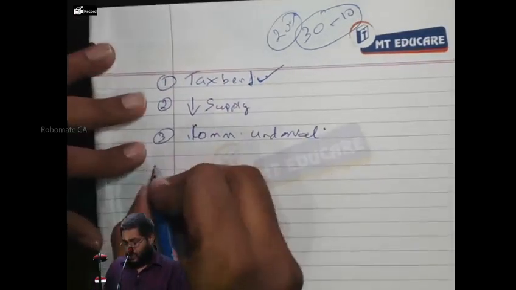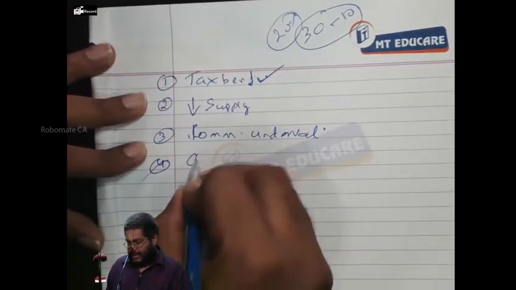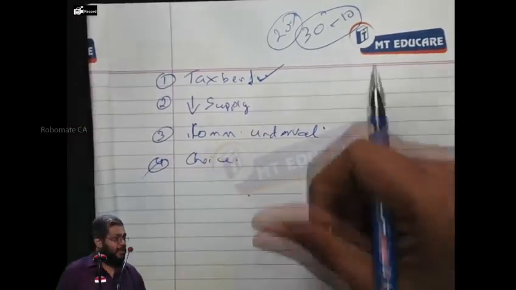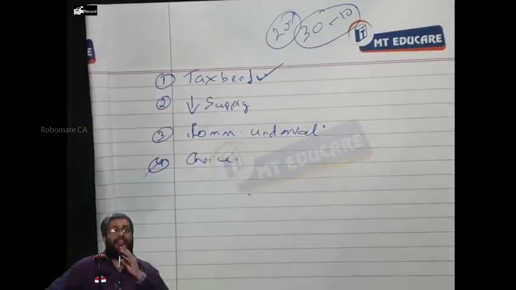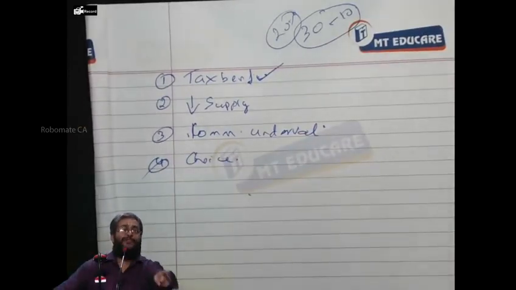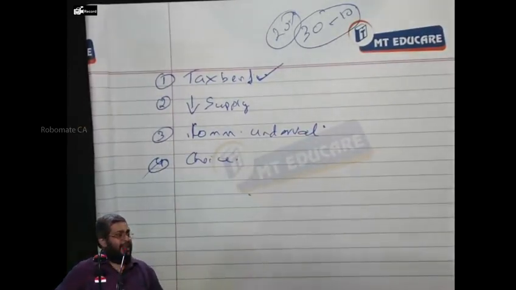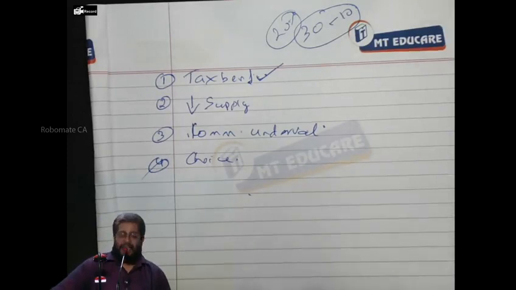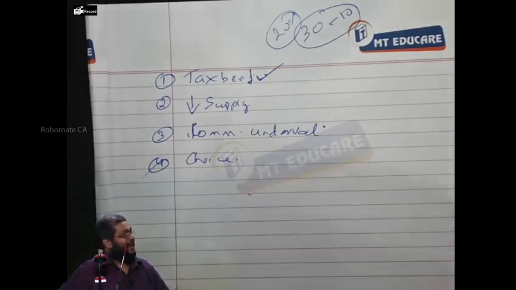Now, the fourth advantage of buyback is choice. It's very important. See, dividend is forced on you. When you declare a 50 rupees dividend, every shareholder should receive the dividend, whether he likes it or not. He has to pay DDT. He has to pay means the company pays, and he is also paying, because for him only I am running the company.